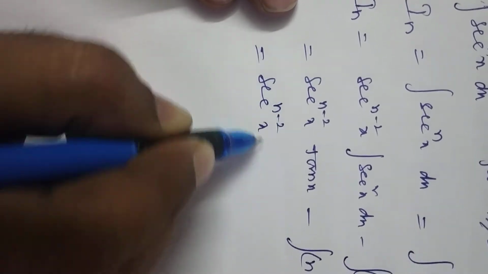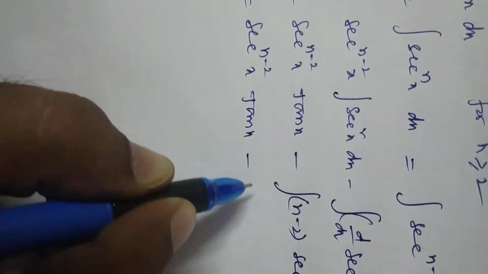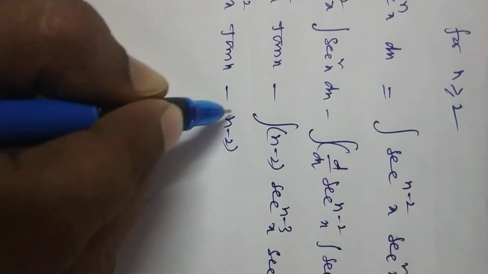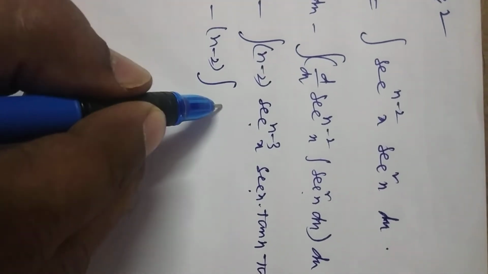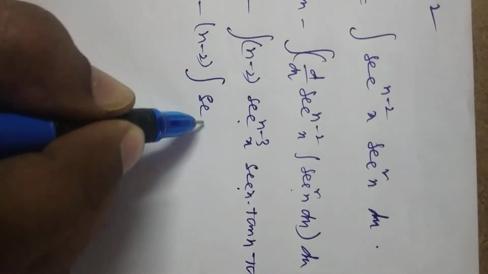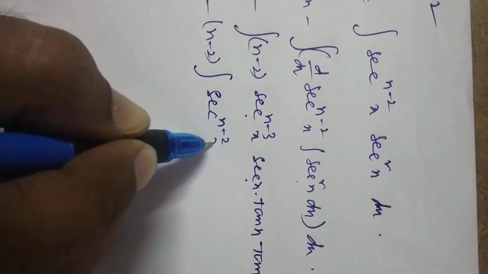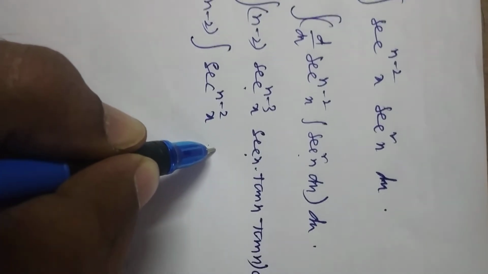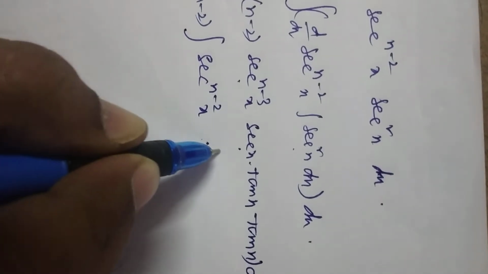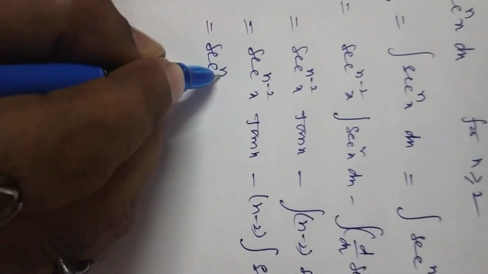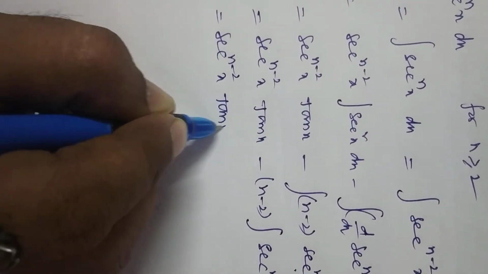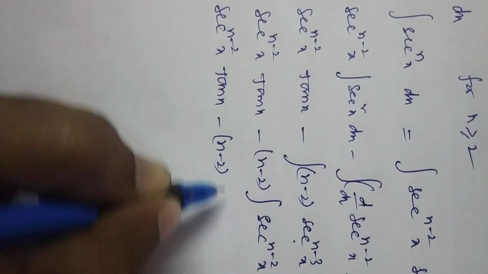Okay, all these terms we are getting. So secant power n minus 2 of x into tan x minus (n minus 2, a constant, I am writing it out) into integration of secant x into secant power n minus 3, that is secant power n minus 2 of x into tan square x. Now that tan square x I am writing as secant square x minus 1. So this is equal to secant power n minus 2 of x into tan x minus (n minus 2) of